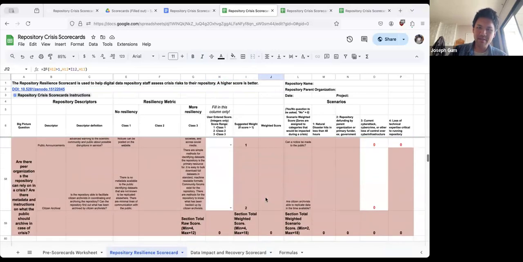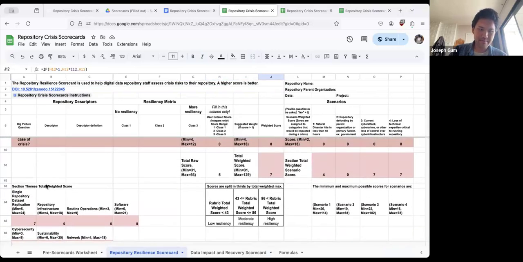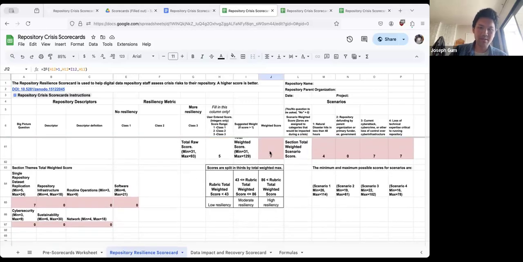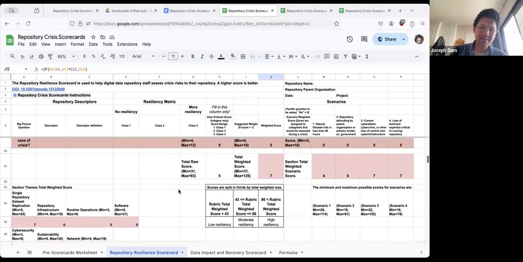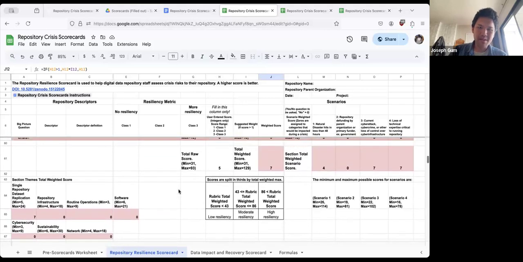Eventually, all of this will be tabulated up, and then given values at the bottom, you can see what the total weighted score is. You can see the breakdown by different sections to have a sense of how good you might be doing. All of these scores are essentially broken into 3. And the scores right now are dimensionless numbers. Just the higher a score you have, the better.